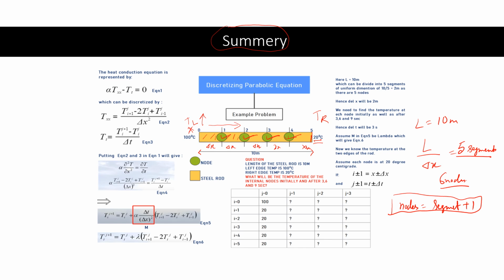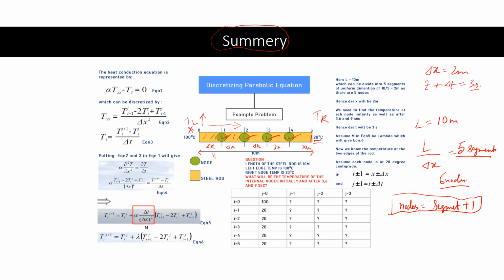The nodes are at the junction points or edge points of each segment. And naturally, each of the segments is of 2 meter length. As I am saying, all these segments are equal to each other, right? So your del x is 2 meters, and we are dividing the time scale also by equal increments. So what we are doing is incrementing the time by equal increments of del t, and suppose this is 3 seconds,